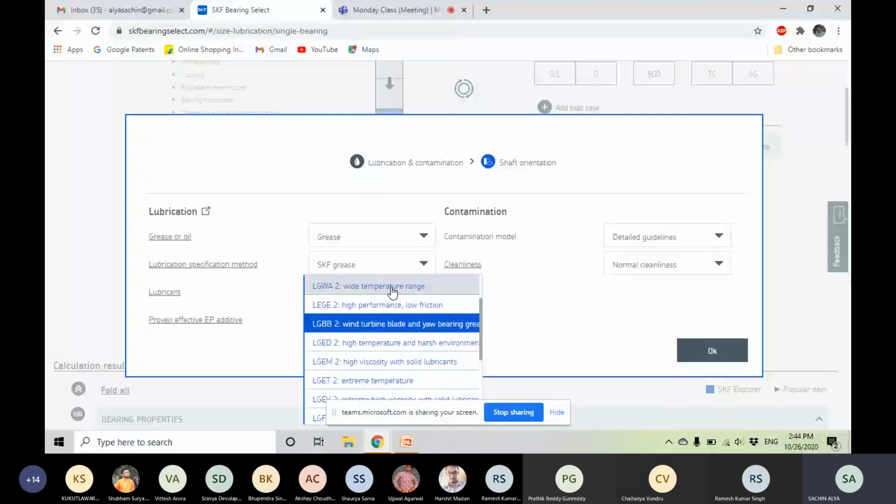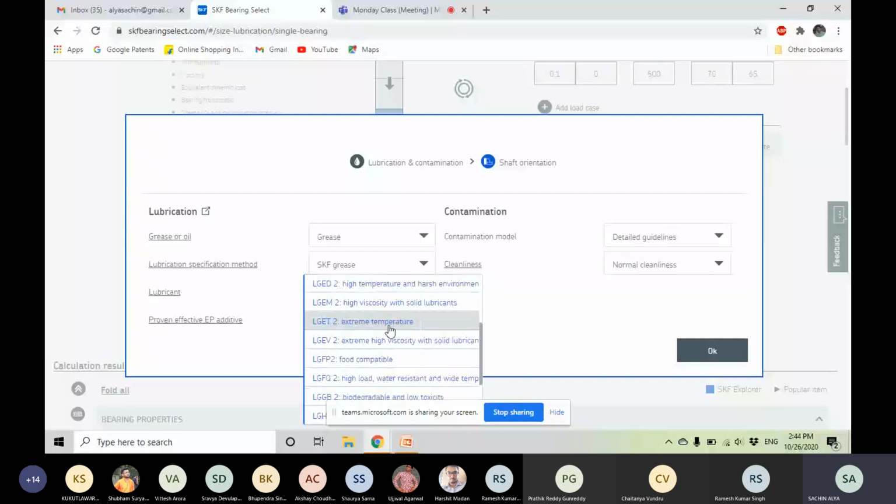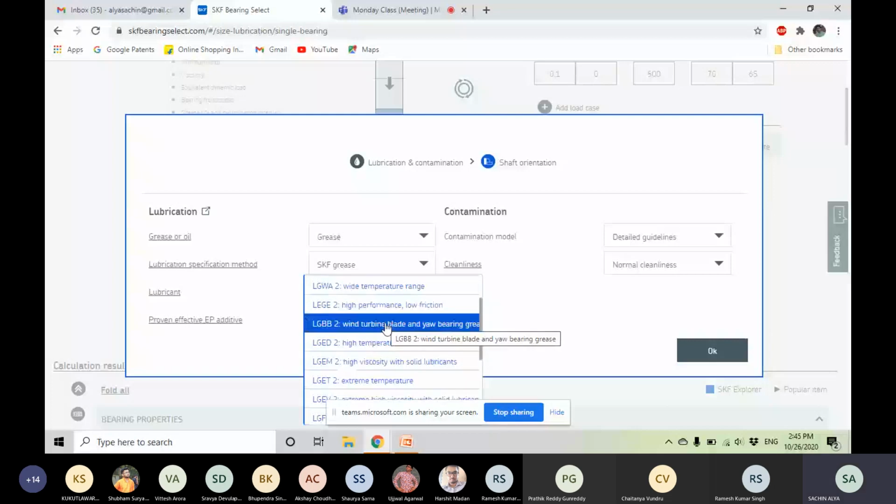Based on the application, this one works over wide temperature ranges, this is high performance, low friction. They have various properties and change viscosity at various temperature ranges, like our engine oils. Every engine oil can't be used everywhere, no? Like that, we have to use lubrication carefully.